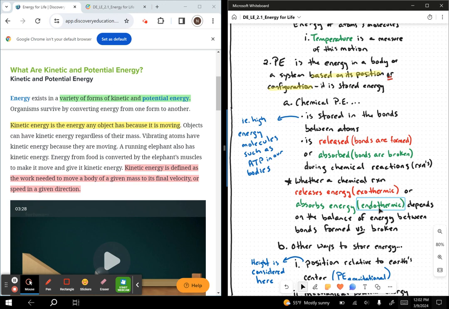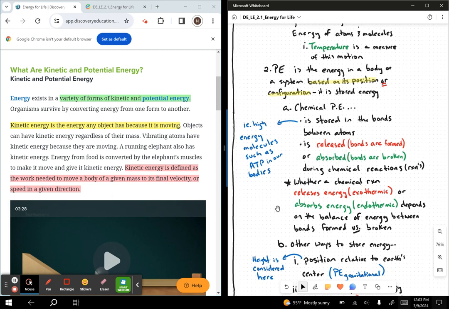You break an instant ice pack and it feels cold. Why is it feeling cold? It is absorbing energy from your body, which means that it is breaking bonds inside that packet. When you broke the little liquid packet in the instant ice bag, it mixed with some other chemicals, and it was breaking bonds and absorbing energy as it was doing that. And that energy was coming from your body. That's why you felt the cold.